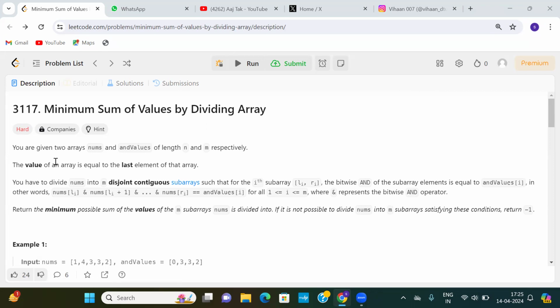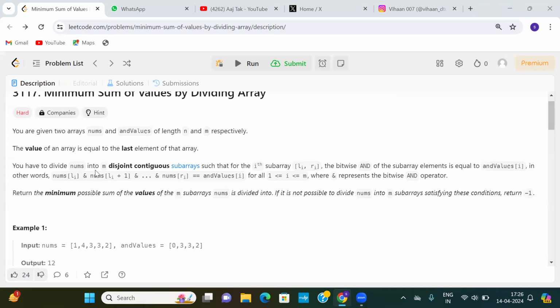The question says we are given two arrays, nums and values. The lengths of the two arrays are n and m respectively. The value of an array is equal to the last element of that array. What we have to do is divide nums into m disjoint contiguous subarrays such that the ith